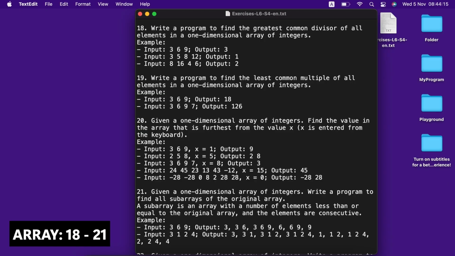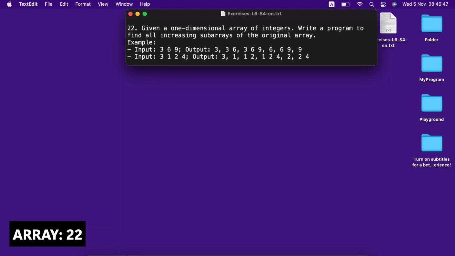21. Given a one-dimensional array of integers, write a program to find all subarrays of the original array. A subarray is an array with a number of elements less than or equal to the original array, and the elements are consecutive. 22. Given a one-dimensional array of integers, write a program to find all increasing subarrays of the